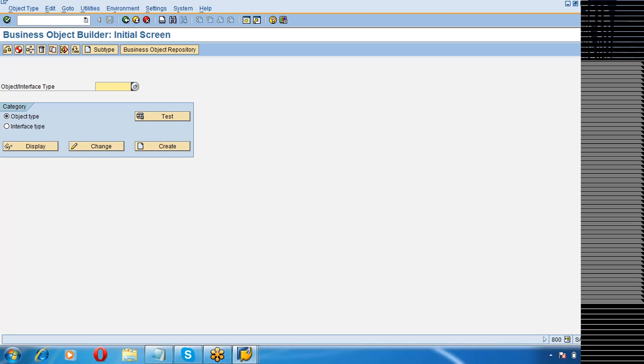SWO1 is the transaction for the business object builder. This is where you can see business objects. Okay, so is there any sample?